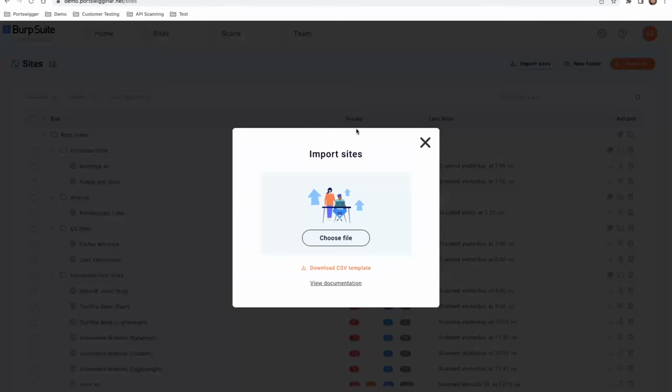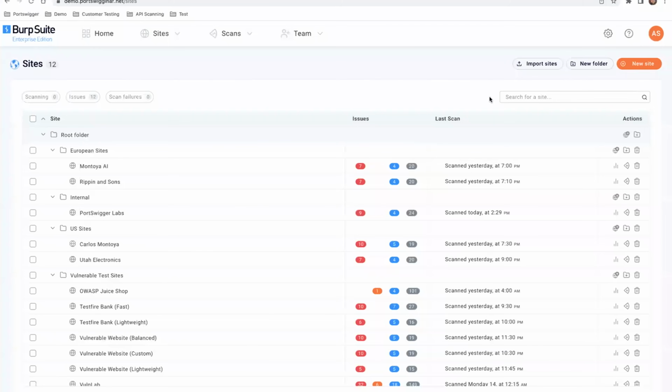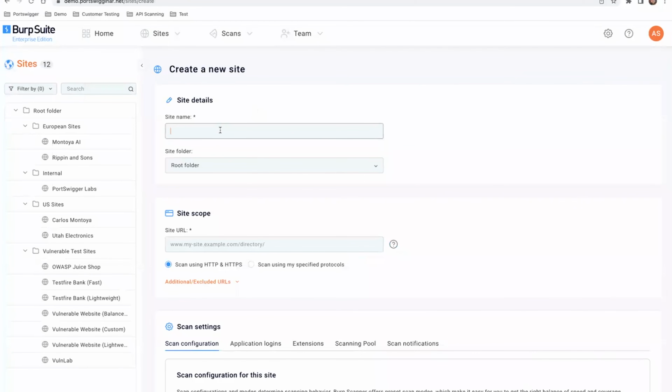So if we jump into sites here, as a new deployment, we can import all of our existing sites en masse by completing the CSV template with the critical bits of information, and then upload that, and it'll import all of our sites for us. I will give you an idea of what it looks like to create a new site. So we'll give the site a name, and then these can be distributed into folders. See on the left-hand side, we've got a structure already. This is entirely determined by the user, but it might be on a team basis, geographical location, test versus production,